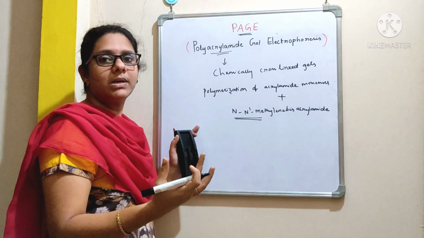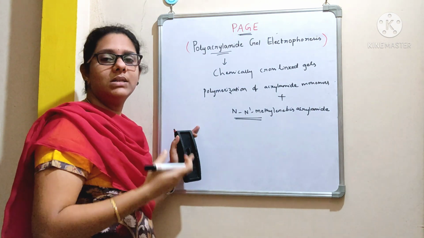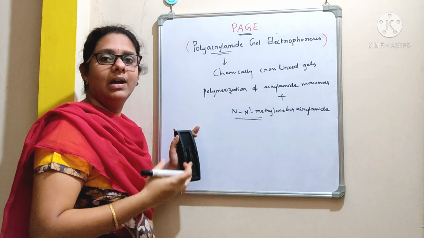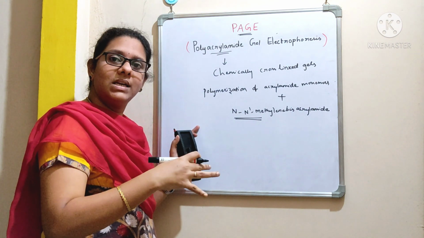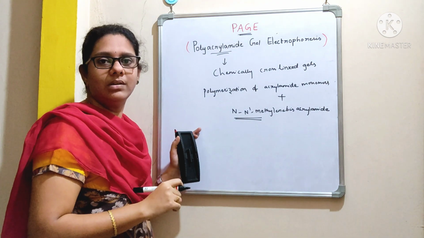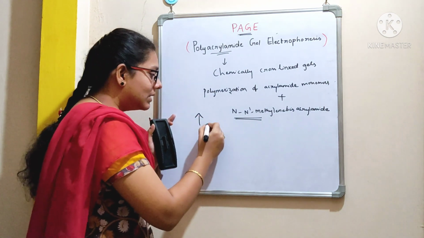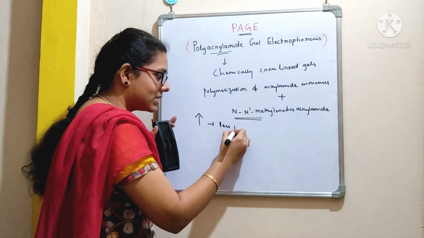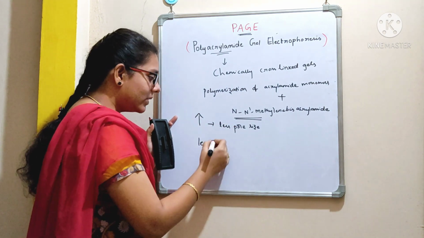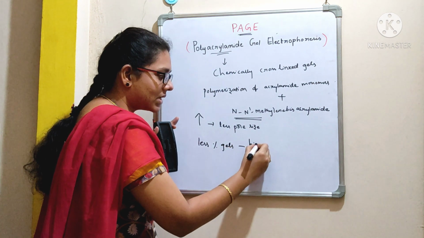The amount of acrylamide solution you use in the preparation of the gel will determine the percentage of the gel. You can use different percentages of gels, like 6%, 8%, 12% and 15%, and that percentage is determined by the amount of acrylamide you use in the preparation of the gel. If you go with a high percentage of gel, that will have a smaller pore size. If you go with a lower percentage gel, it will have a larger pore size.